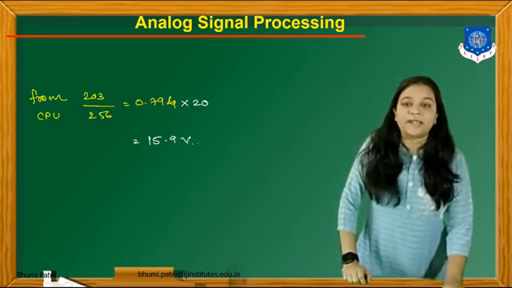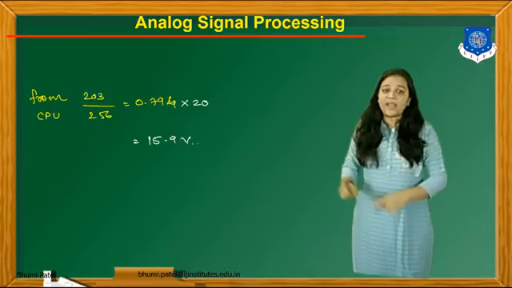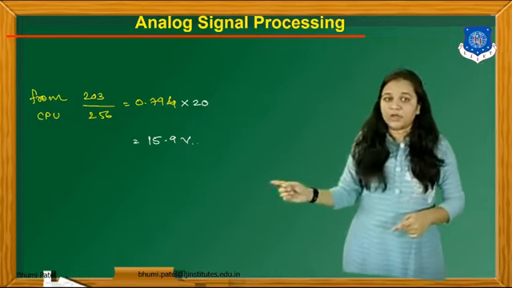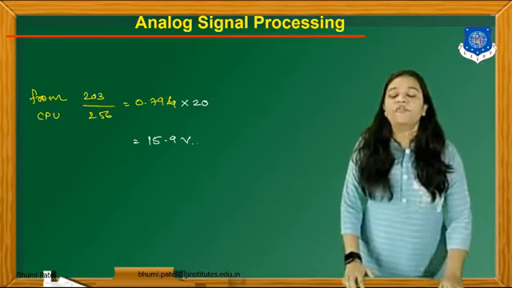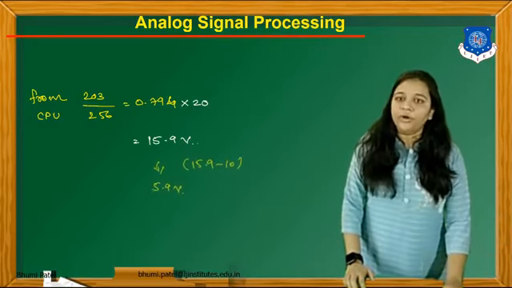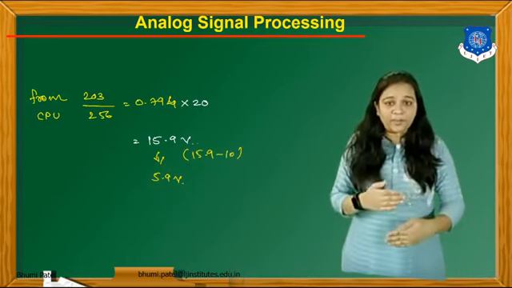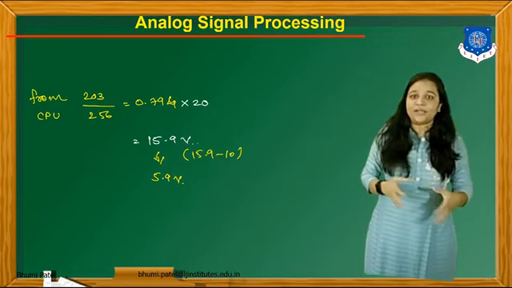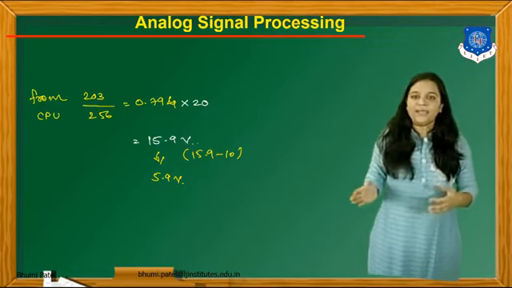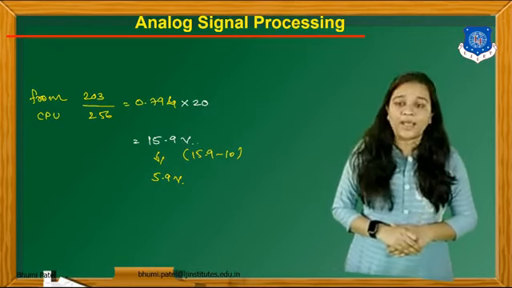So we have to multiply this answer with the 20 and we can get 15.9 volt. That means 31 volt AC is applied for this particular system. We can get in the output side 15.9 volt. Okay, and we have to subtract this lower limit, and the lower limit will be minus 10. So 15.9 minus 10, that is equal to 5.9 volt.